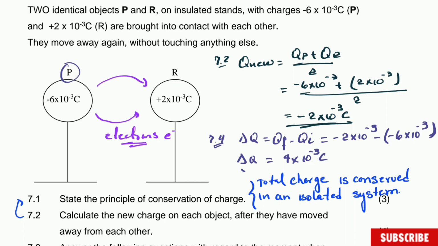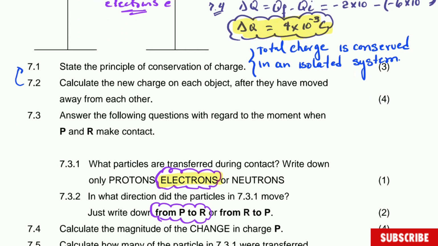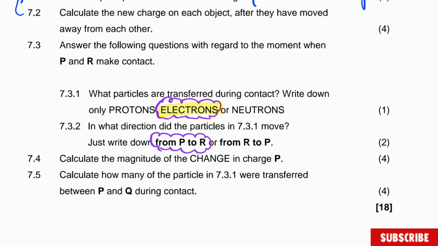Guys, it's really simple. All you need to know is that the change in charge is always going to be final minus initial, and the final one is the new charge you calculate. Be careful, don't make a mistake there. This one is the final charge that each of the spheres will have, and calculate how many of the particles were transferred between P and Q during the contact